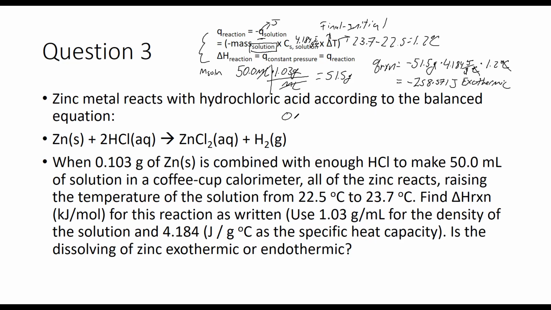So 0.103 grams of zinc. Looking at the periodic table, I can convert from grams to moles. So there are 65.38 grams for every 1 mole of zinc. Grams cancel out. So the number of moles of zinc I had in this reaction are 0.001575 moles. So I can take this number, my moles,